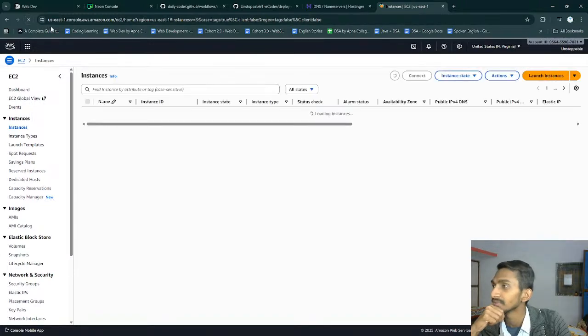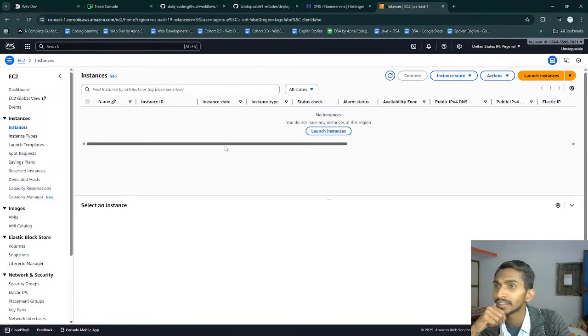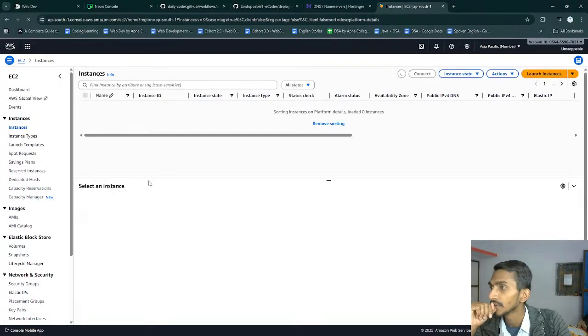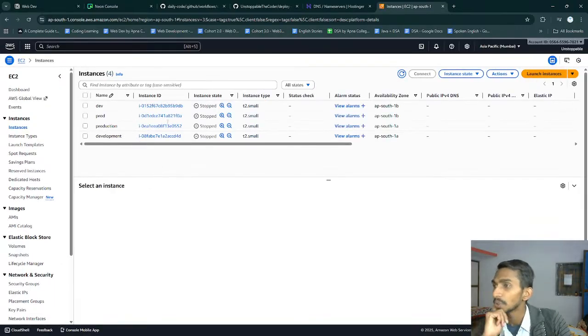What are you doing? Oh, okay, I need to change this to Mumbai. So I used T2 small. Thank God I used only T2 small. I didn't use T2 large and all, otherwise I don't know what the money would be.